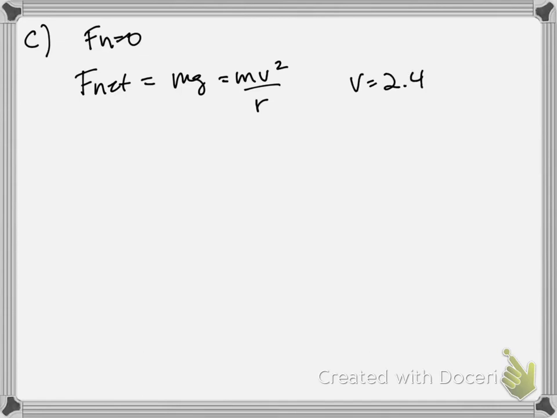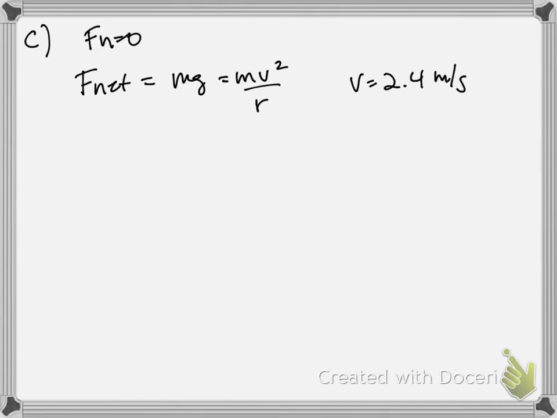For part C, we're going to do something that we've done before. We're going to find the minimum speed that the cart needs, or the block needs, at point B in order to maintain contact with the track. So we remember that for that case, the normal force is going to be equal to 0. And the net force is just going to be equal to mg, because back here at our little free body diagram, there's not going to be a normal force. The net force is due to gravity, and that's going to act as a centripetal force. So again, knowing the radius of the curve is really all you need to find the velocity,